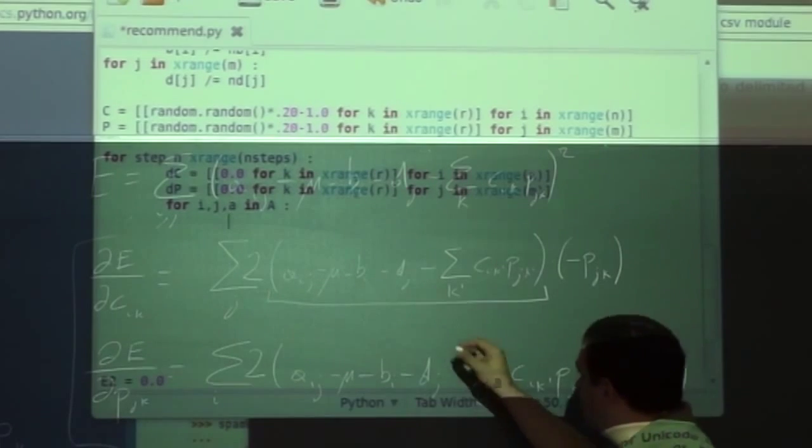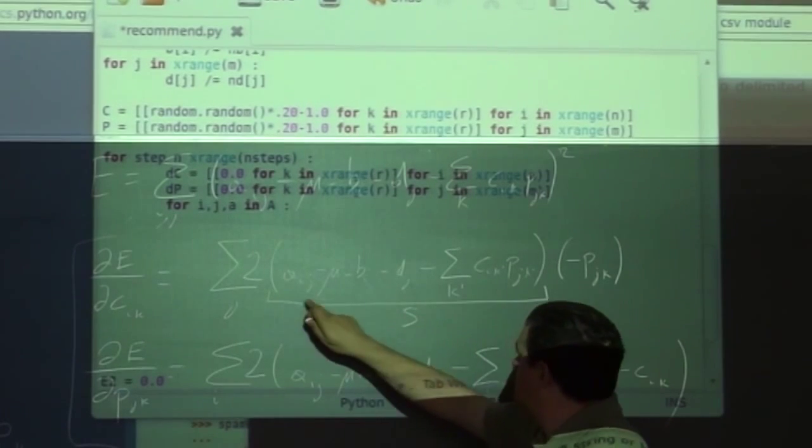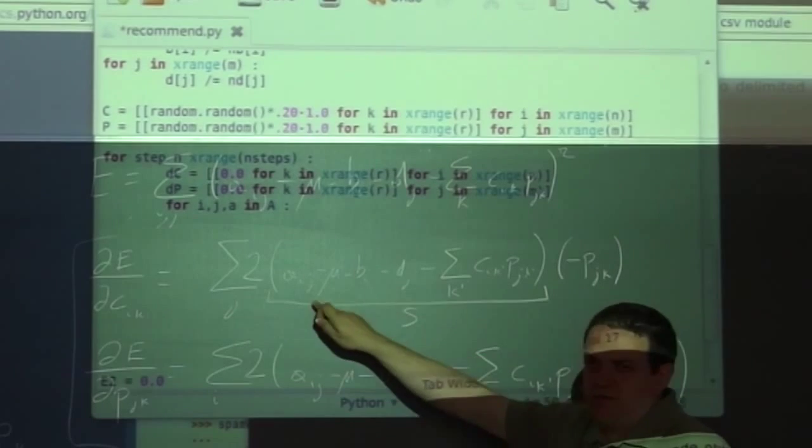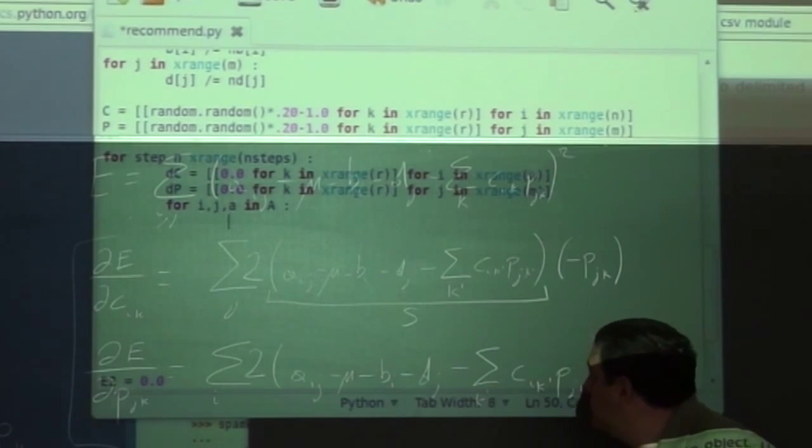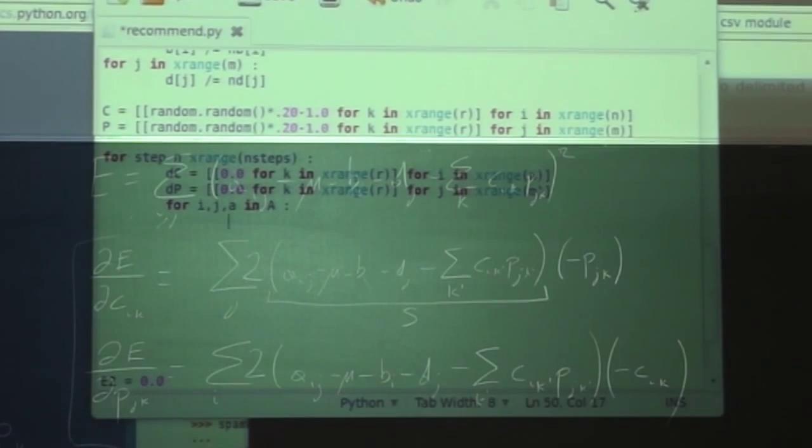So let me call S this part. So for a given i and j, S contains the actual vote A minus mu minus b of i minus d of j,